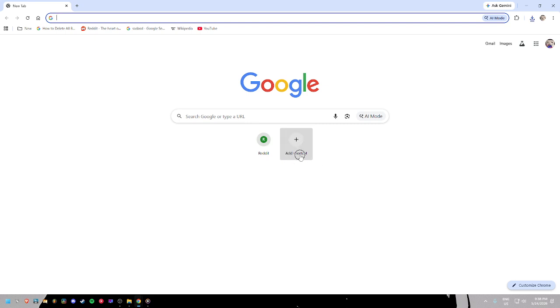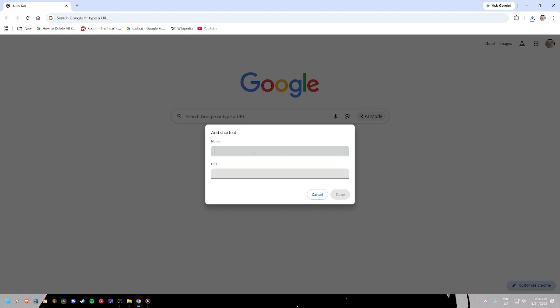When you click the Add Shortcut option, Chrome will let you create a shortcut for faster access. A shortcut is useful because it helps you open something quickly without searching for it again and again. As you do this, take a moment to check that you are clicking the correct option inside Chrome. If the window looks slightly different on your laptop, do not worry. In many cases, Chrome can appear a little different depending on the version you are using, but the basic process